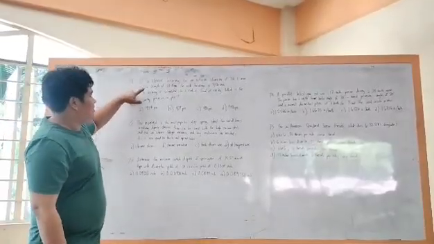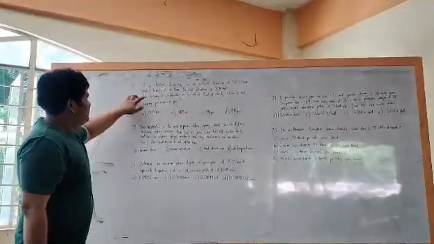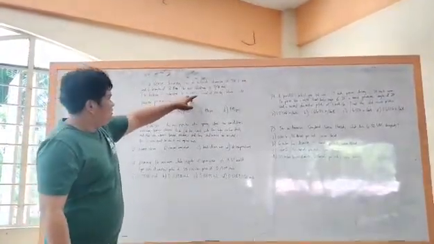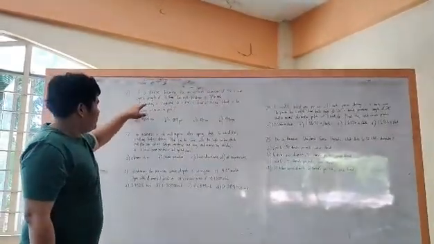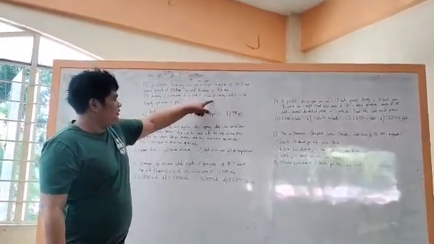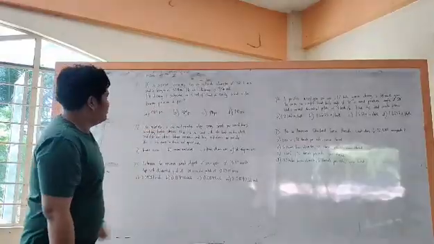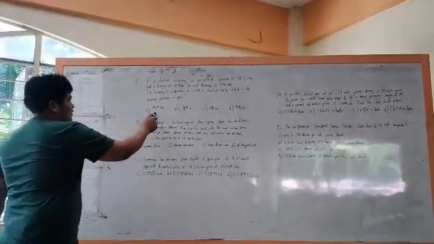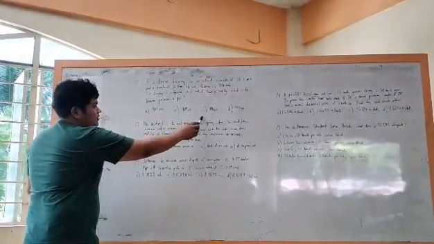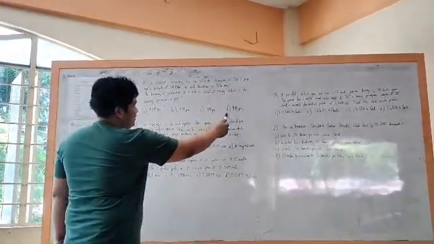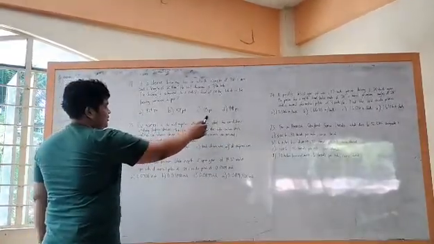If a slip bearing has an outside diameter of 28.1 mm and a length of 50.8 mm, the wall thickness is 3.6 inch. The bearing is subjected to a radial load of 500 kg. What is the bearing pressure in PSI? So A, we have 904 PSI, B, 409 PSI, C, 490 PSI, and D, 940 PSI. So the answer is letter C, 490 PSI.